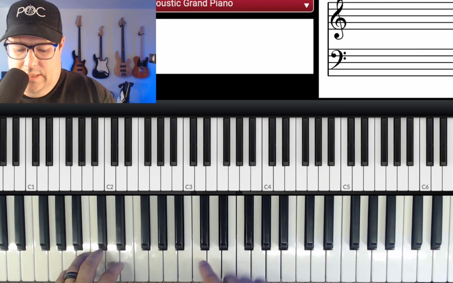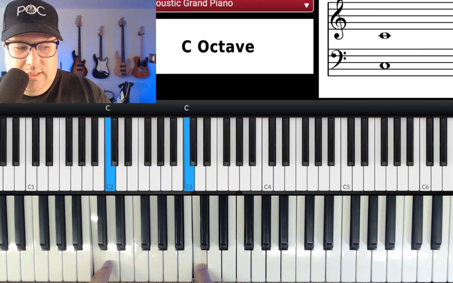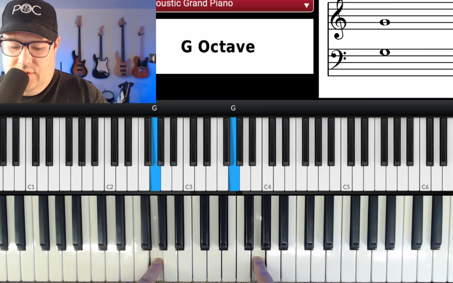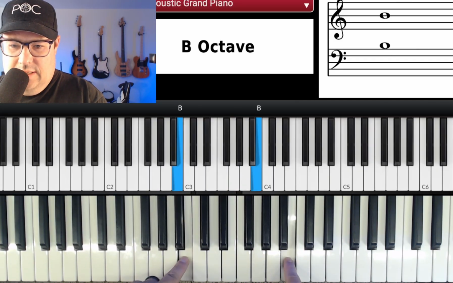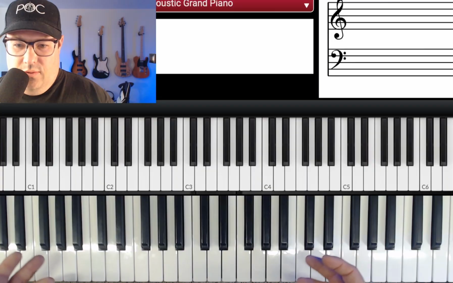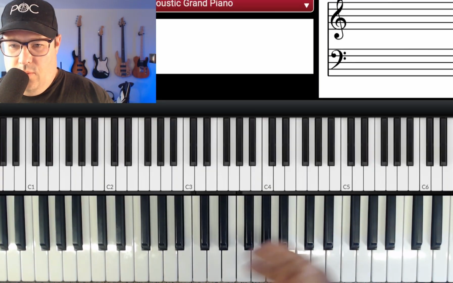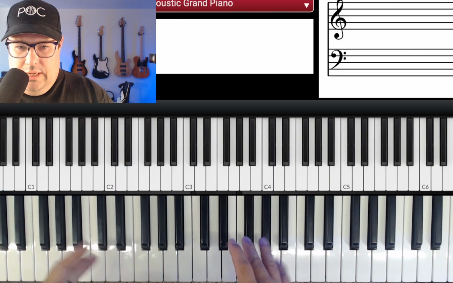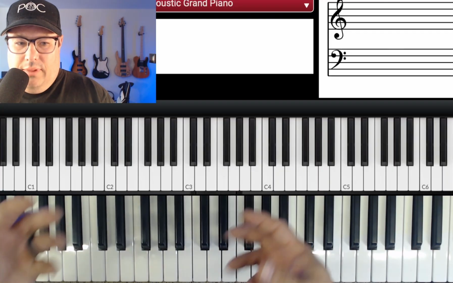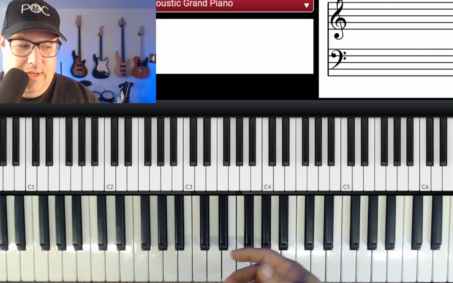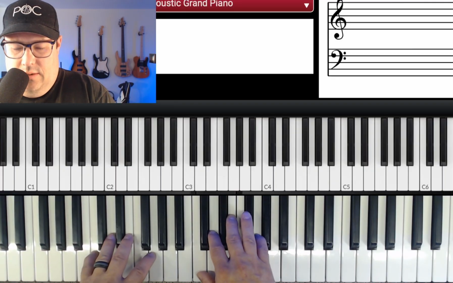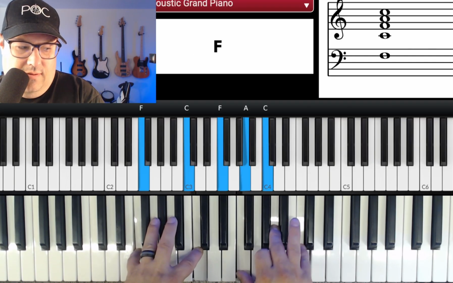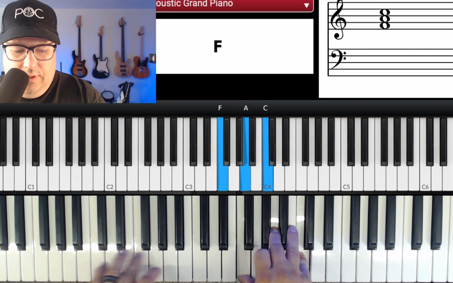All right, so all we're going to do is then put a number to that. 1 is C, 2 is D, 3 is E, 4 is F, 5 is G, 6 is A, 7 is B. So if you know some scales, if you can learn scales, you're just putting a number. You're just calling it 1 through 7, all right? So what we're going to do then is just take the major and minor, and we're going to apply that to the number. So when we say, let's play the 1 chord, that's going to be a C major, okay? If I say play the 4 chord, that's going to be an F major, because we're 1, 2, 3, 4,